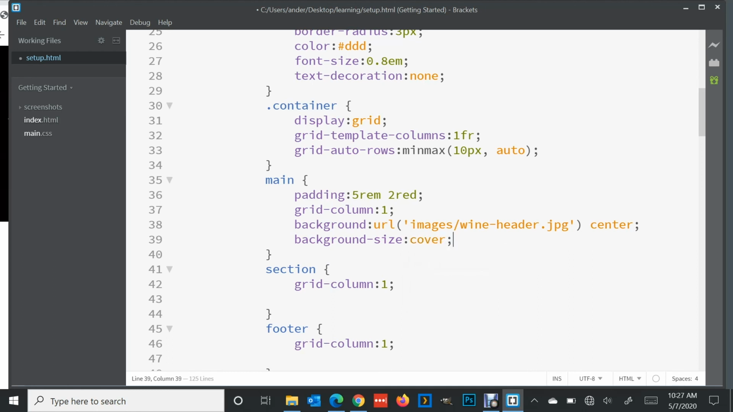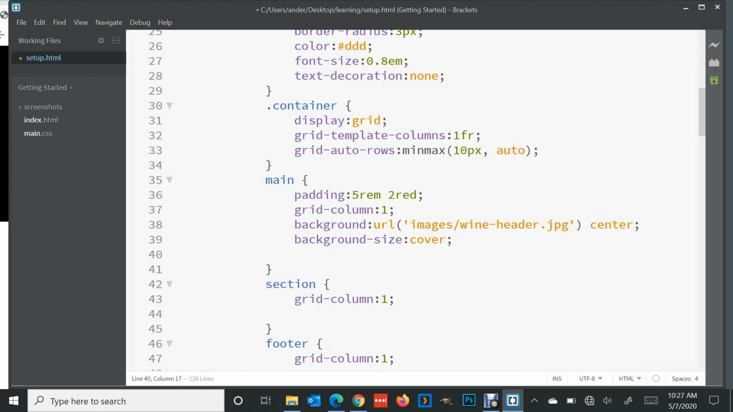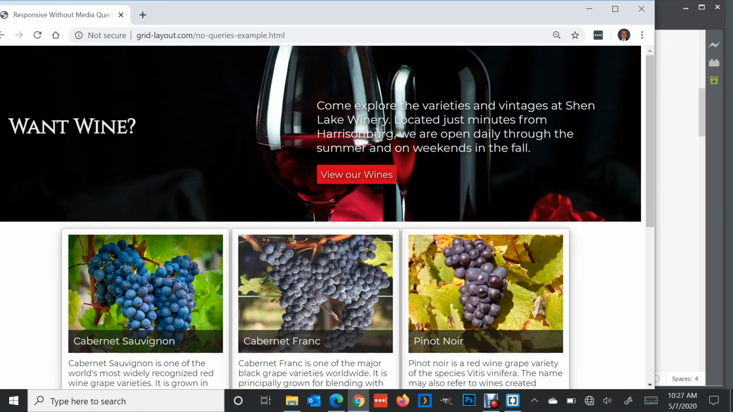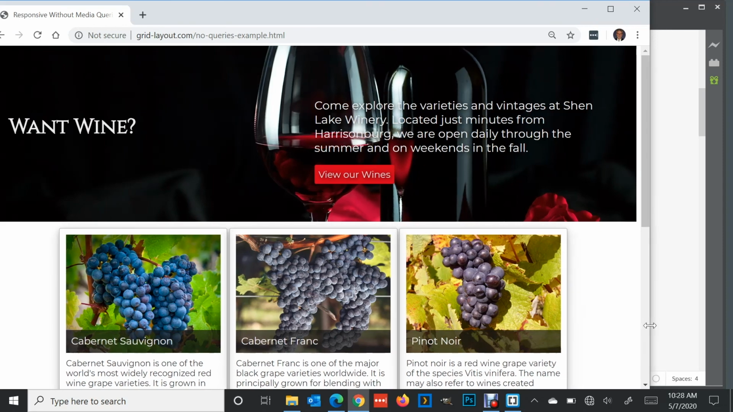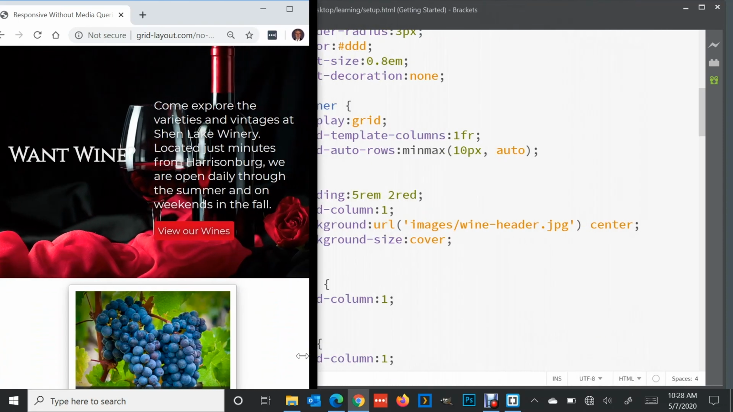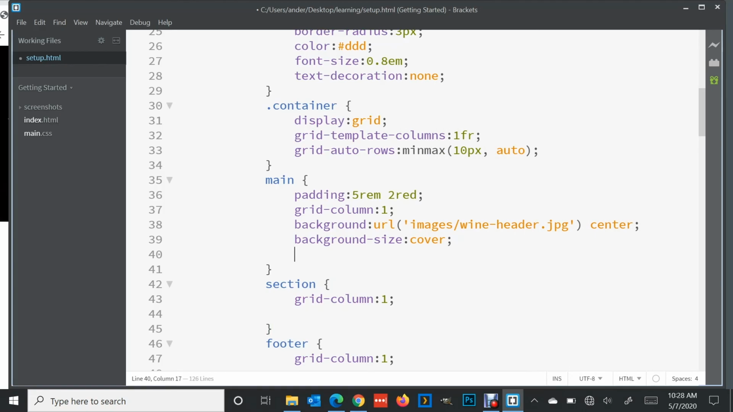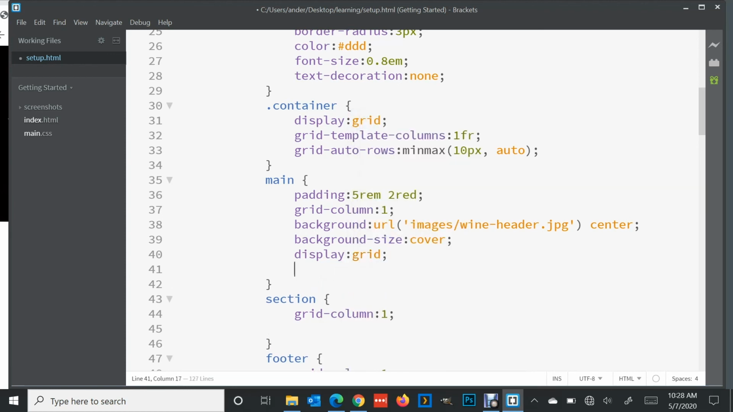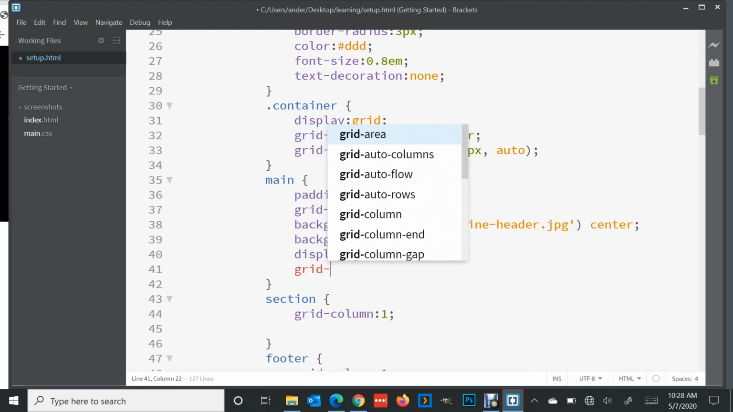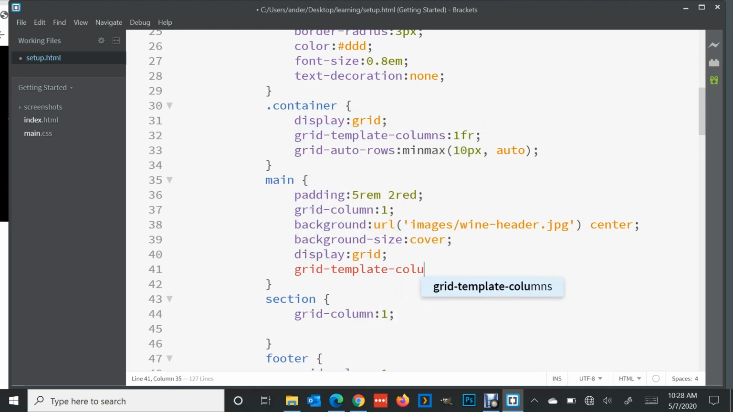Now, main is going to be turned into a grid container as well. So here's where the first bit of heavy lifting comes in. The first time we're going to use auto-fit or auto-fill. So main is going to need to do the responsiveness at the top of the page. We'll drop down that paragraph of text on the top right below the wine line when it gets narrow enough. So to turn main into a grid container, we're going to type display: grid. And here it comes, the first bit of magic. grid-template-columns: